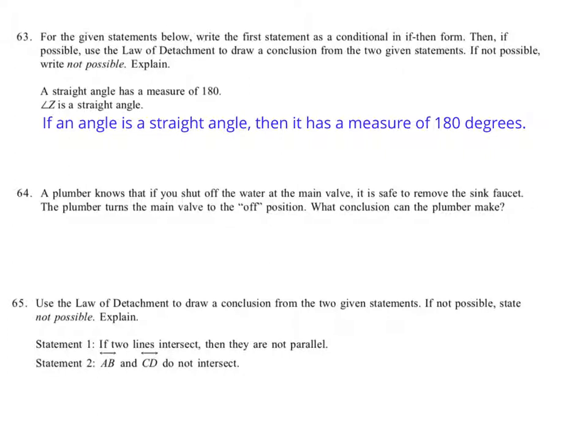Okay, and then let's examine that. An angle is a straight angle, then it has a measure of 180 degrees. Now it says angle Z is a straight angle. So it fits the hypothesis. We know that the hypothesis is true. Whenever we know that the hypothesis is true, then the conclusion is going to be true as well. So I'm going to draw the conclusion that